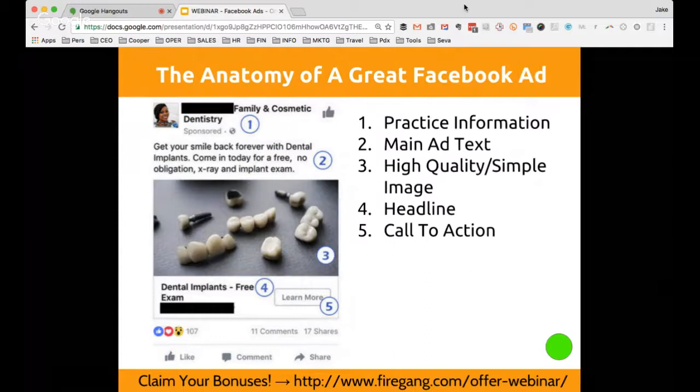So if we dive a little bit deeper into the anatomy of a great Facebook ad, it starts with the practice information. The only thing that ties your Facebook ads to your Facebook page is just this information bit. So whatever your Facebook page name is, whatever your profile picture is, that's what's going to show up as your ad. And then the second bit here is your main ad text. So the way this breaks down,